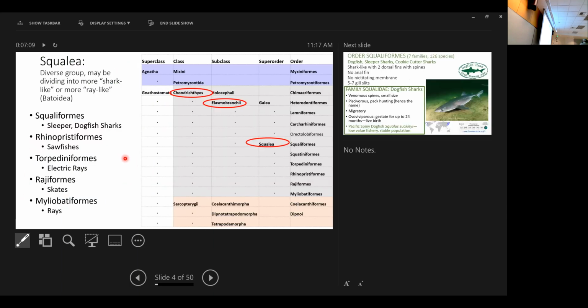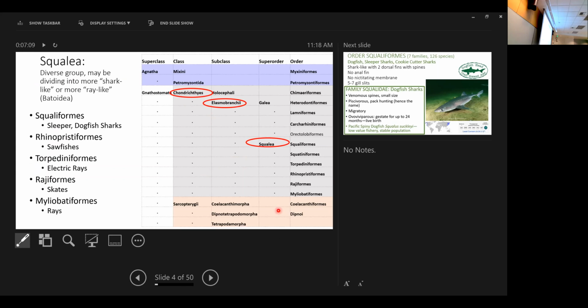So moving along. Today we're going to talk about the squalids. We got through the galiad sharks and the elasmobranchs, and now we're going to do the squalids, which are basically shark-like or ray-like fishes that have cartilaginous skeletons. And these are the five main orders that I want you to know: the squaliforms, or dogfish sharks, the rhinopristiforms, the sawfishes, and the